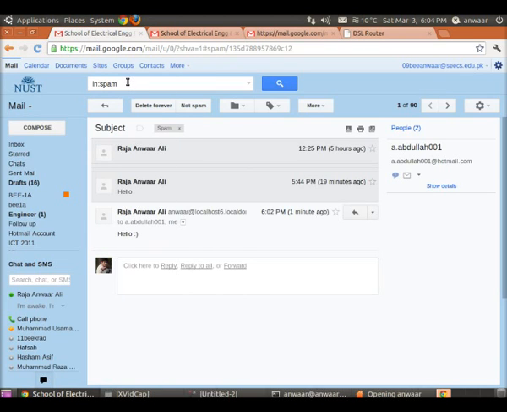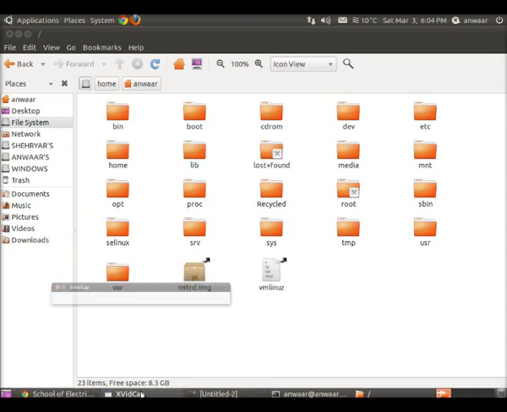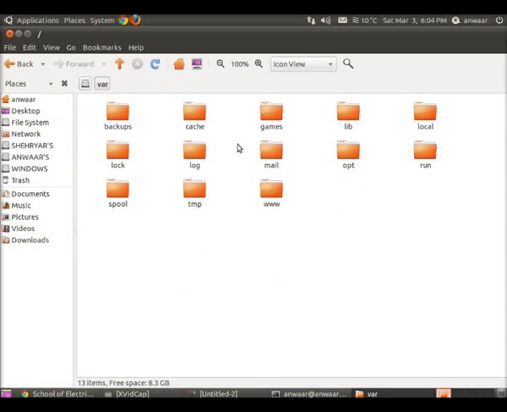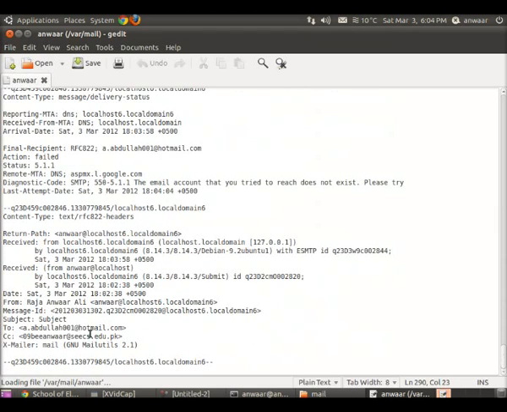Let us see my home folder, my main mail folder, where I can see my mail. Wait, folder, here we go, mail Anwar. Let's open it with the text editor first. All the mails you got are over here, and I can see the time is already 6:04, and it is 18:02. Therefore, here I can see that a reply came to me about A Abdullah, that it is not found.